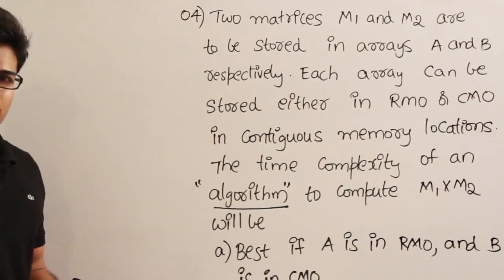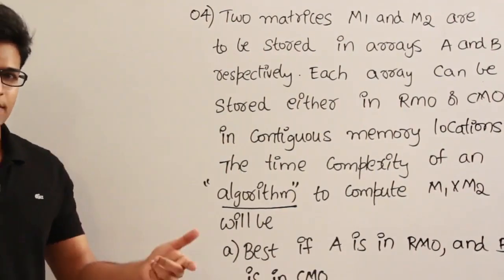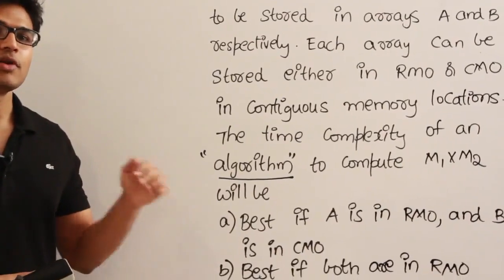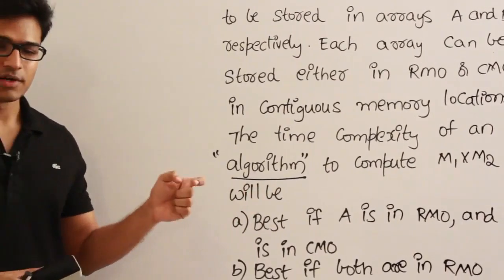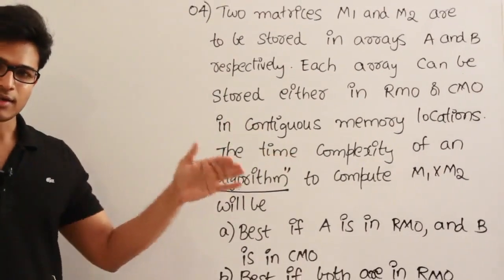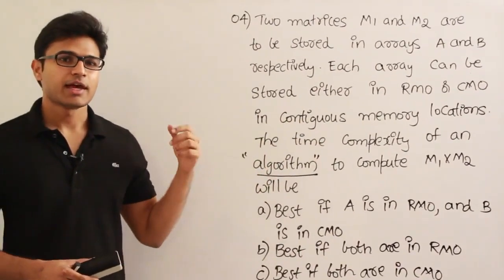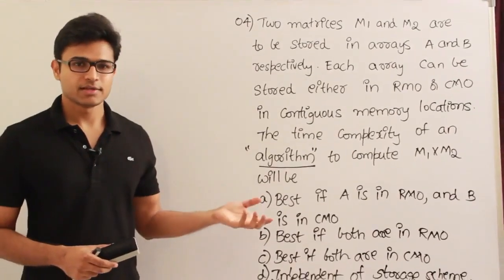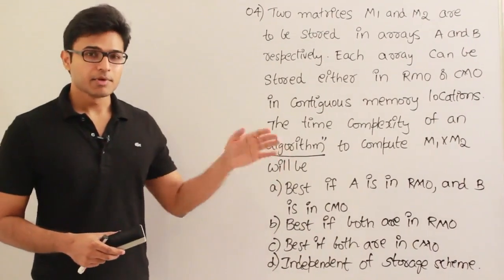Algorithm assumes that all the elements you refer to are going to be available to you at a uniform rate, which means if I refer to an element of A or B, whatever the storage mechanism is, the algorithm basically assumes that the time taken to access any element is the same,